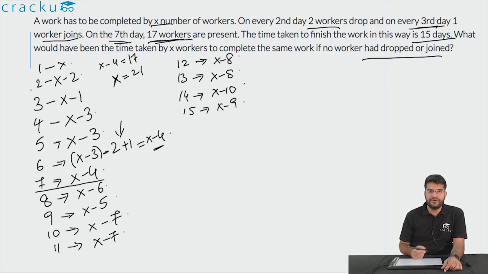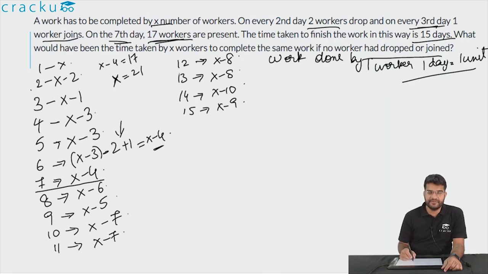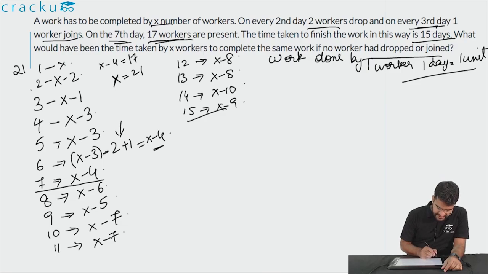Now if you assume that the amount of work done by one worker in one day is equal to say 1 unit, we are using this to get an estimate of the total work that is done by the X workers in this 15 days. So if we keep calculating, on the first day there are 21 workers who are there,